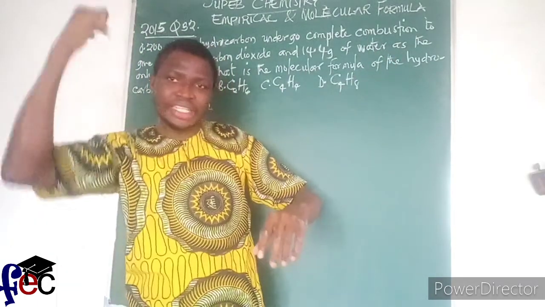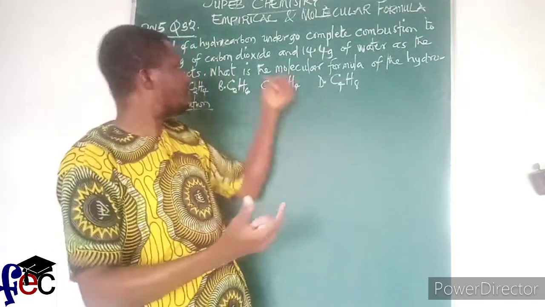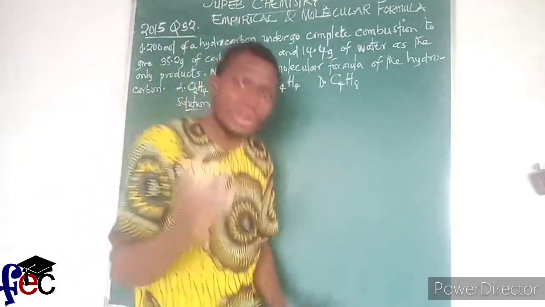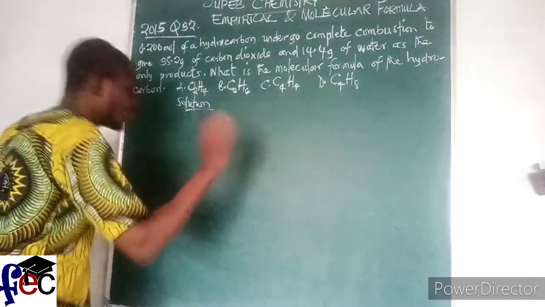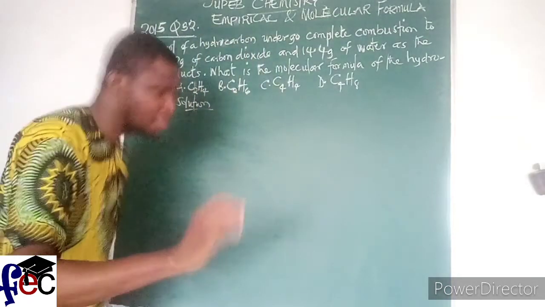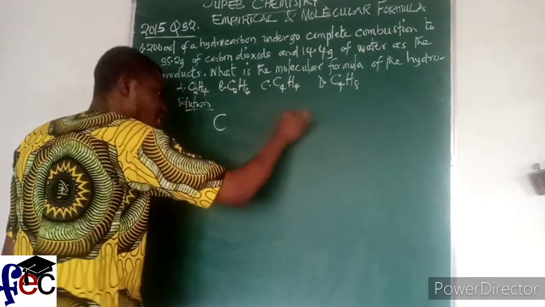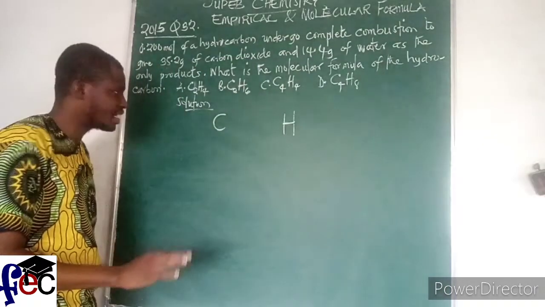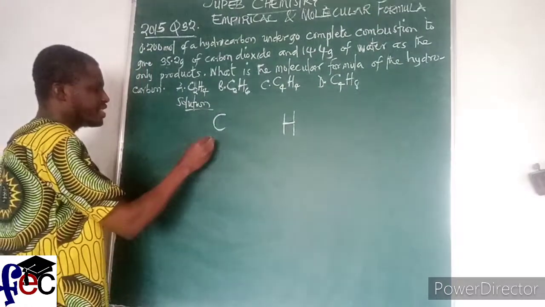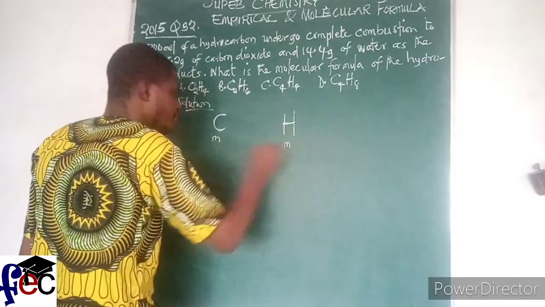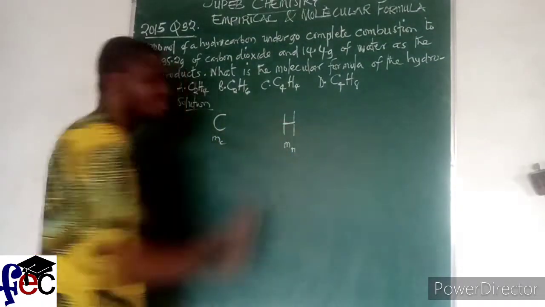The carbon present was being made use of, and we see it produced in terms of carbon dioxide. Do you understand? Don't be confused. So our duty first is to look at the template. I need to have my carbon, I need to have my hydrogen. So that you understand, the first thing is that I need the mass of carbon, mass of hydrogen.